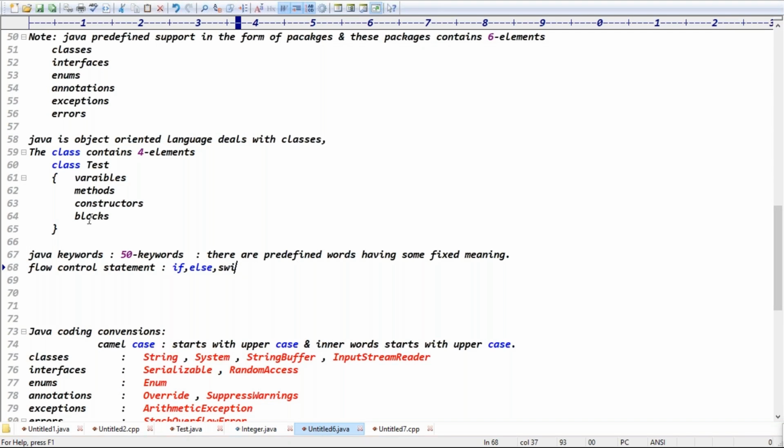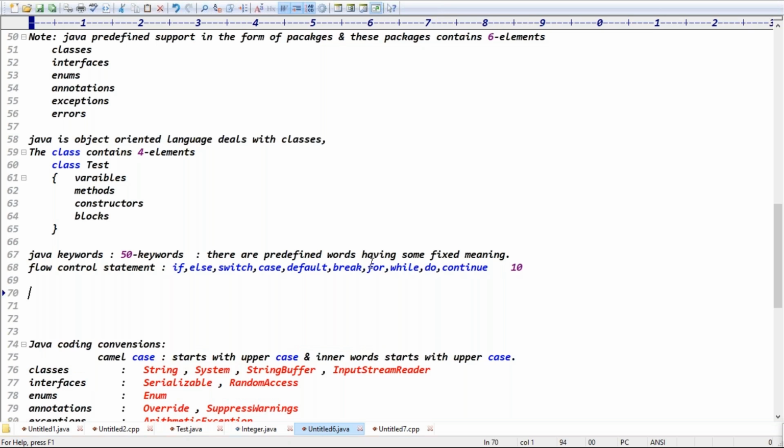Inside the switch, we declare the cases, the default, and break. Then looping statements: the for loop, while loop, and do while loop, and last the continue keyword.